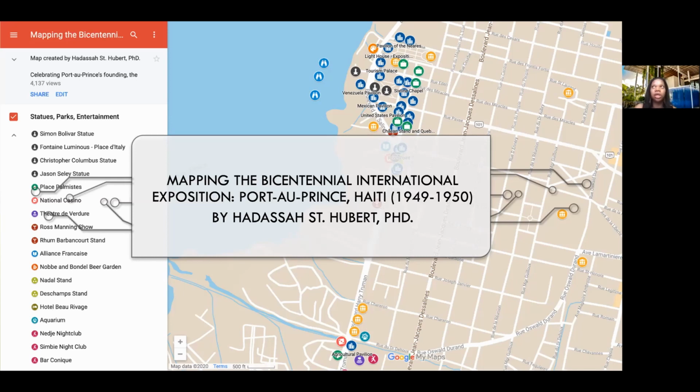statues were. In particular, there was a statue of Christopher Columbus that was dumped into the ocean after the dictatorship ended in 1986. It was dumped into the bay, right? And so I was like, okay, if it was dumped into the bay, I wonder if people have any images or something like that. I found out later on that they actually relocated it to the Bureau of Ethnology, and they surrounded it by voodoo spirits to condemn Christopher Columbus, right? And so those are part of the images that I made sure to include as part of this collection of